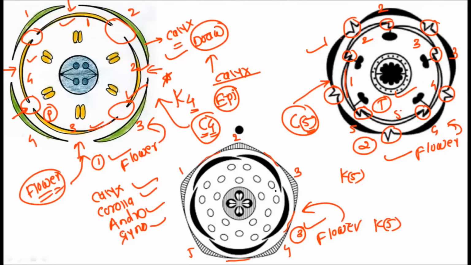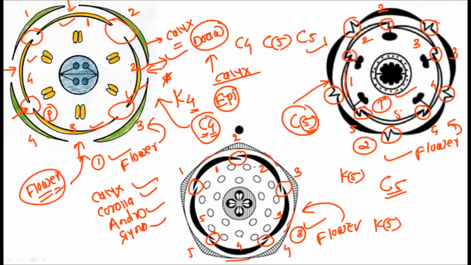Okay, now in the third diagram, when you talk about the corolla or the petals, see the number of petals. See 1, 2, 3, 4, 5. Okay, so C5 condition is there, and see the petals are not fused. Okay, see they are different. No connection is there between the two petals, so fusion is not there. So C5 condition is there. So you can compare. See here in the first diagram you will see the C4 condition. In the second diagram you will find the C5 condition along with the bracket, and in the third diagram you will just find the C5 condition.